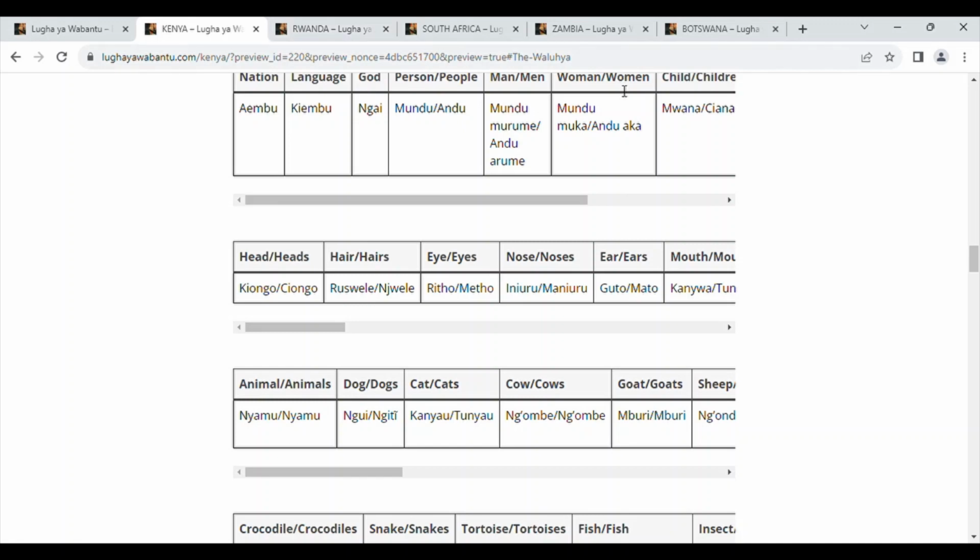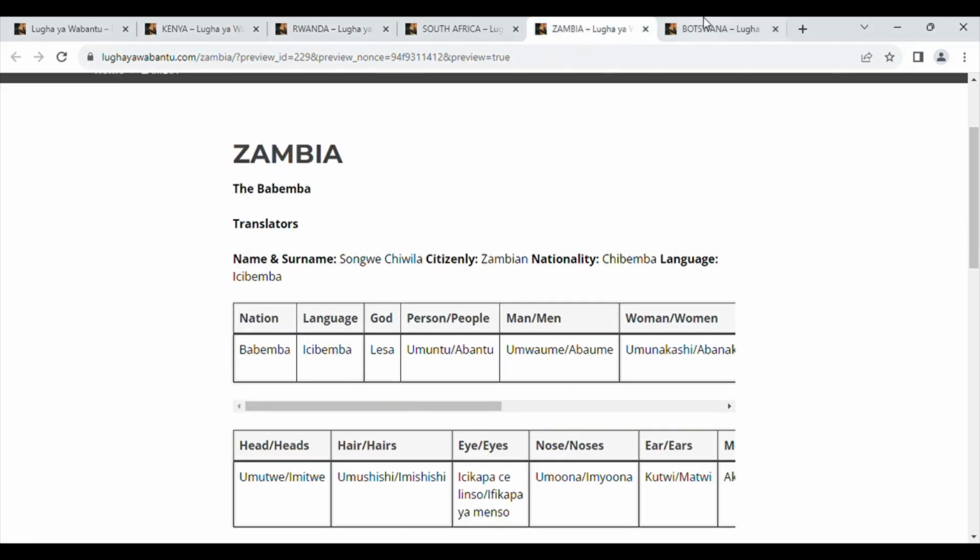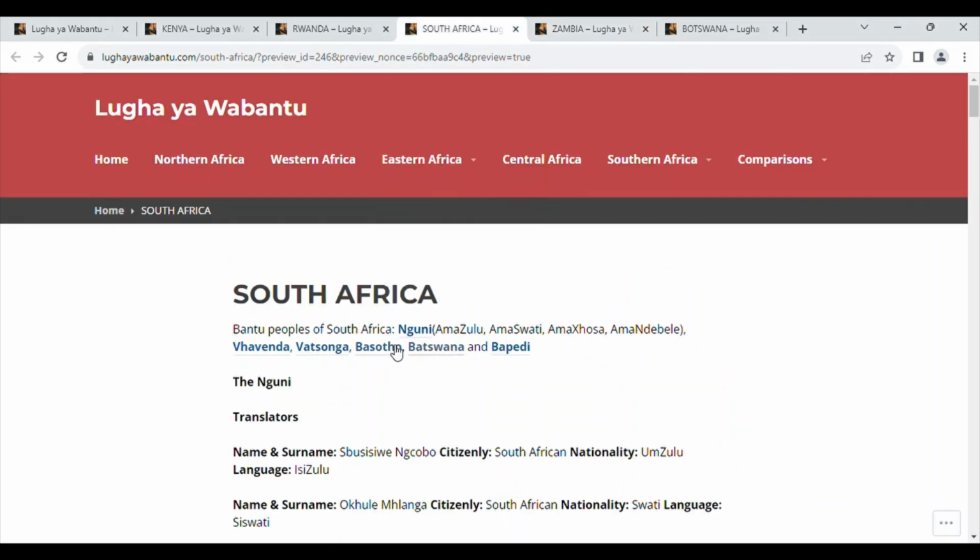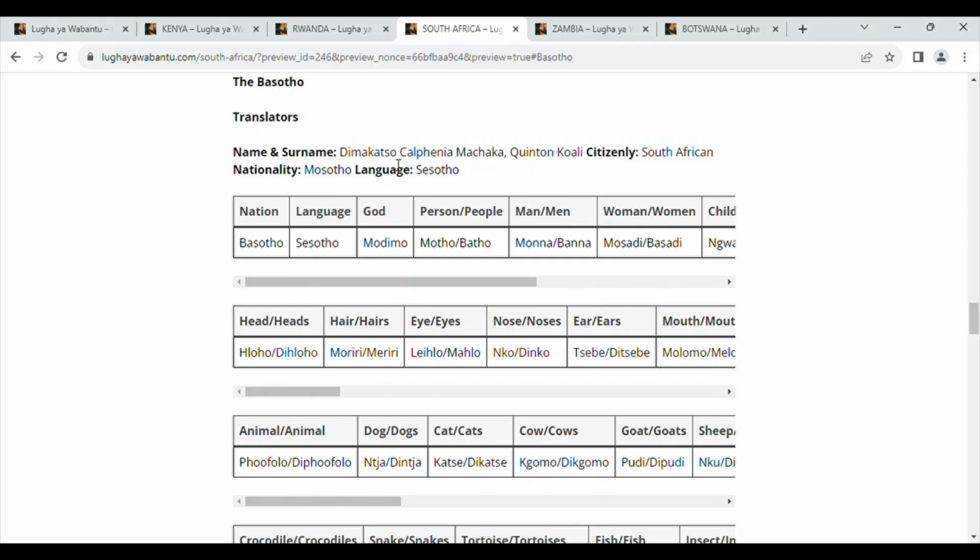Now, some countries, such as Zambia and Botswana, you'll notice only have 1 language. That's not to say that there's 1 Bantu language in each of those countries. It's just that where I am, I've only been able to get a speaker of 1 of the Bantu languages of that country. For the others, I do not have, and thus I cannot just go to Google Translate and get words from there. I don't think it will be fair. It will not be authentic. And in this case, yes, it's still only 1 translator. Again, South Africa, you can see here, there's 2 translators.